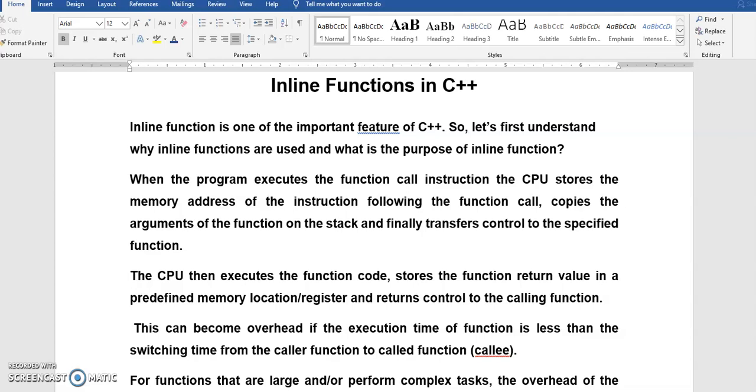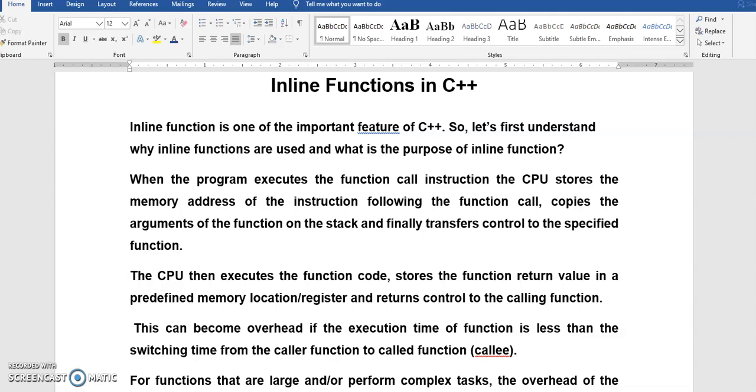So what is the drawback in the case of a normal function? Every time, it needs to save in the register. It has to store the function return value and then come back to the return address by using the location or register. So this is a time-consuming process. This could be overcome by having inline functions. But inline functions cannot be said to be very advantageous compared to normal functions. Inline functions can be used where it does not involve much code. In those cases, inline functions could be used. Otherwise, normal functions are more effective than inline functions.